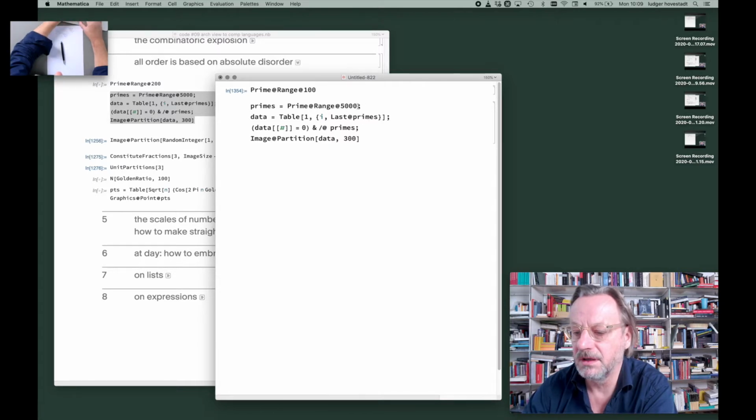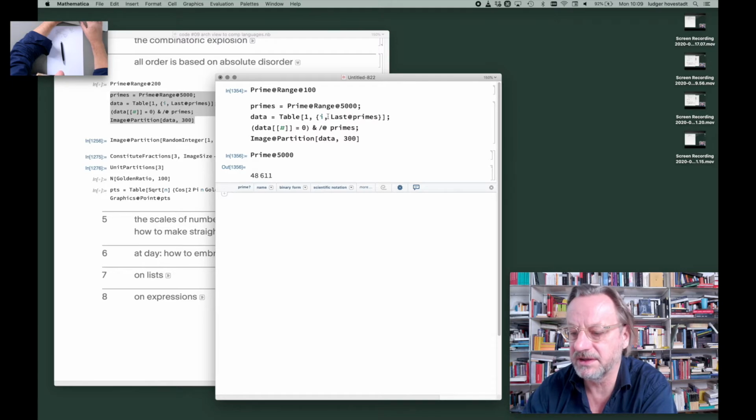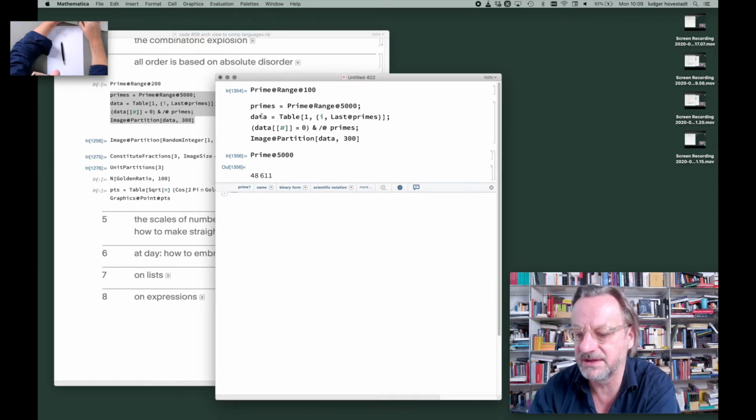The prime number 5000 is 48,600. So we take this last number, make a table of ones. So it's a line of 48,000 ones. This is data. And then we punch a 0 at the position of a prime number into this black line,